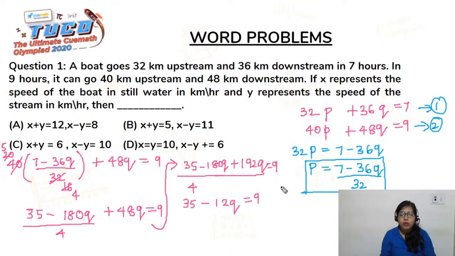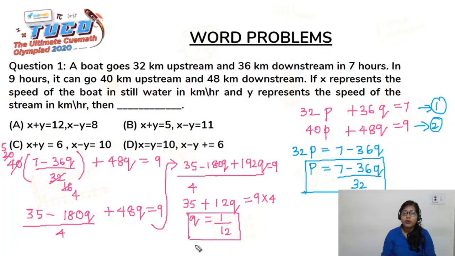So from here, 9 times 4. From here, what could I say is 36 minus 35, and this is going to be a plus 12q. Yeah. So 36 minus 35 is going to give us a 1. So the value of q from here is nothing but 1 over 12. Okay. So once we have got the value of 1 over 12 as q, we are now going to substitute